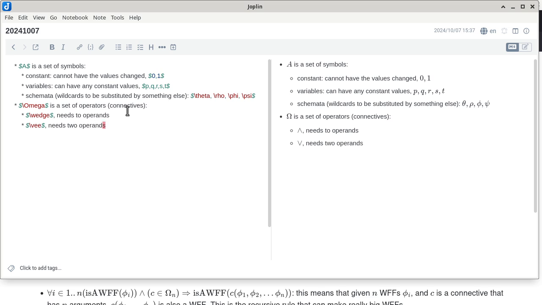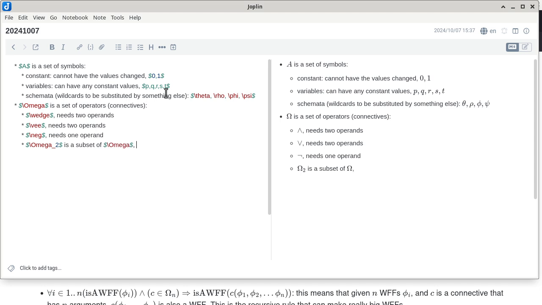operands. Let's fix the spelling here. Let's do something that only requires one, which is the negation symbol. This one needs only one operand, and so on. So the ones that require two operands are in a subset of omega called omega 2. So basically, in terms of notation, we can say omega subscript 2 is a subset of omega